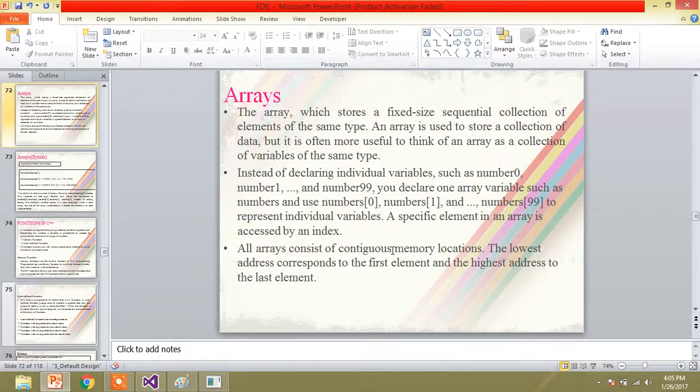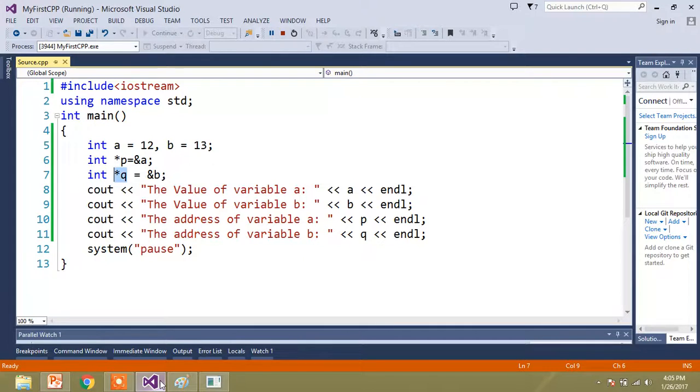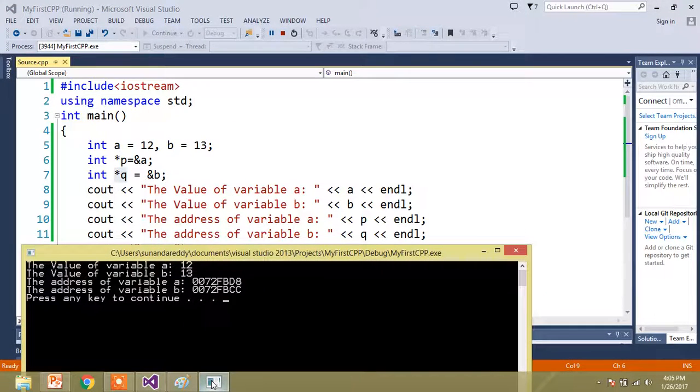Contiguous memory locations, that's when you want to take some integer values. Let us do one program, and you may understand better. Now you can see this one. In the previous class I had discussed what a pointer is. Now you have taken two variables, a and b. If you want to see the memory locations,